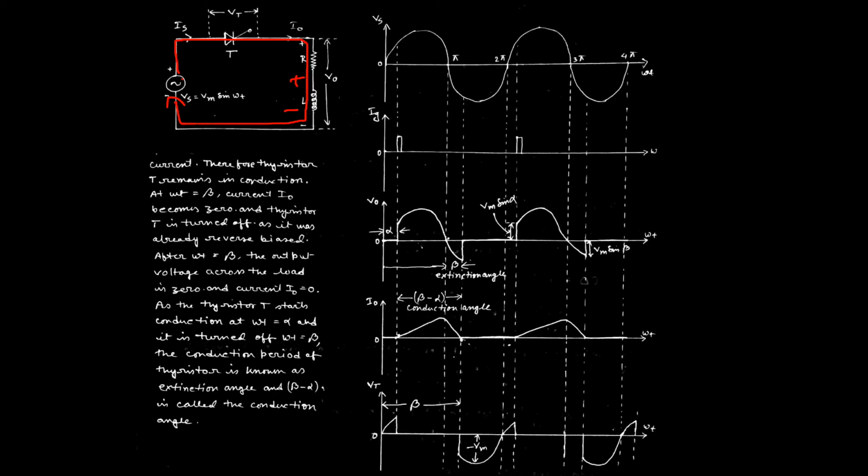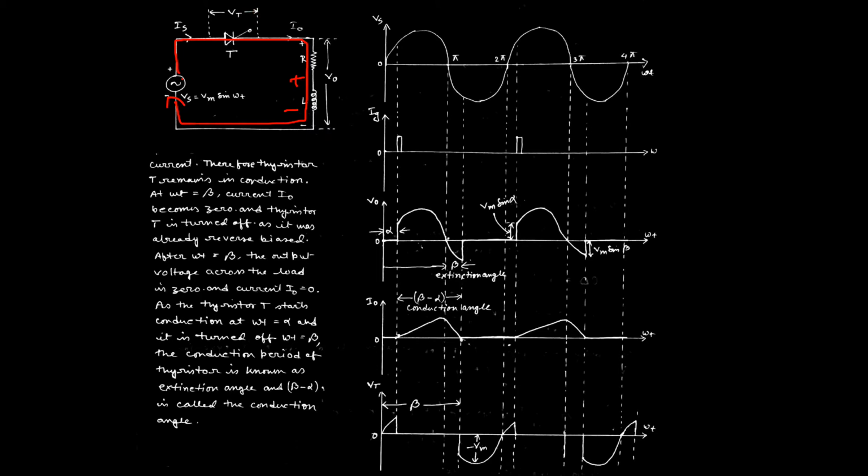So this can also be represented by the waveforms. See, this is the pattern of the sinusoidal wave which is given to the supply, defined by Vs, and Ig actually defines the gate pulse, V0 is the output voltage across the RL load, I0 is the output current flowing through the load RL, and Vt is the terminal voltage across the thyristor T.